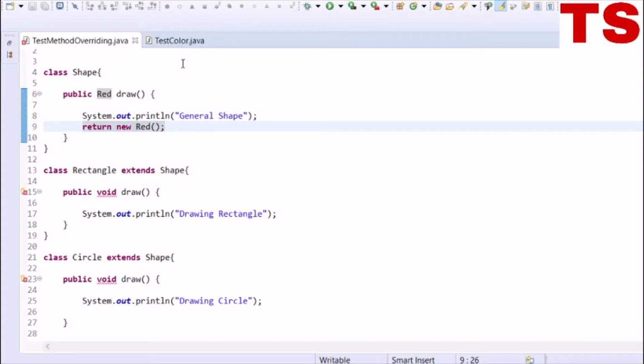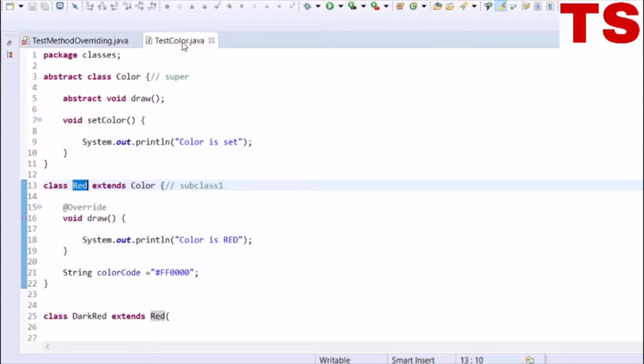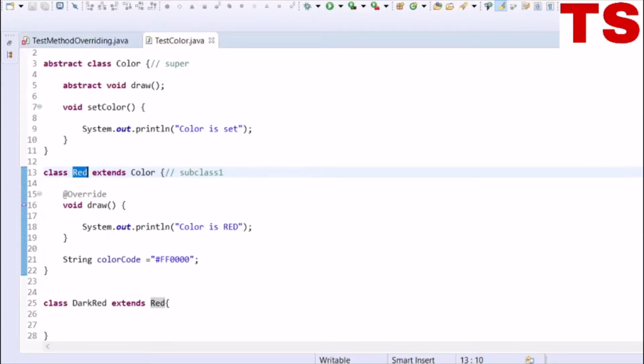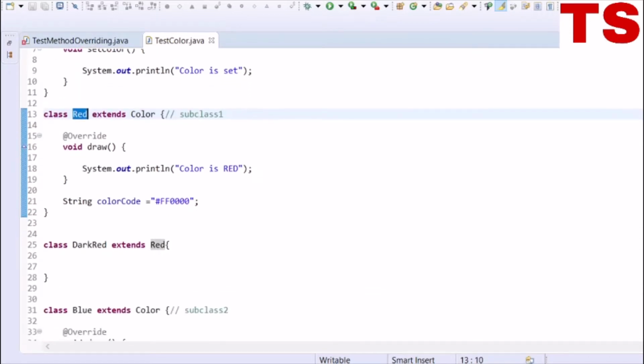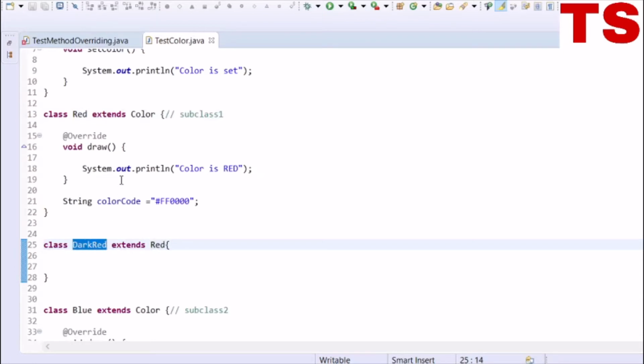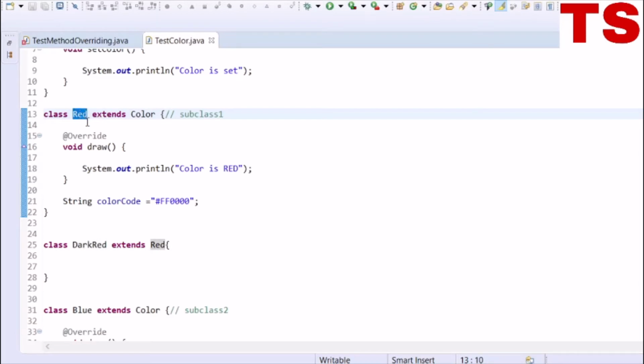If you remember, the Red class is a subclass of Color and DarkRed is a subclass of Red color. In this case, Red is a superclass and DarkRed is a subclass.